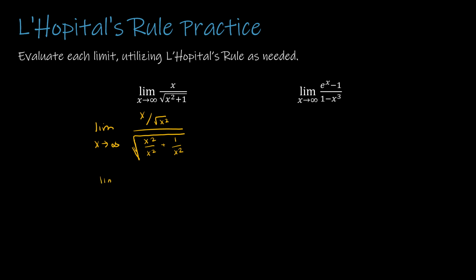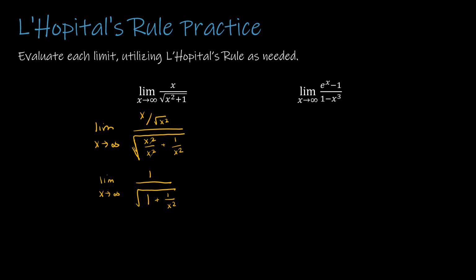And this tells me that I have the limit as x approaches infinity, x divided by the square root of x squared, which we said is x, so x divided by x is 1 in the numerator. In the denominator, x squared divided by x squared gives me 1, and then I have 1 divided by x squared. So what's going to happen